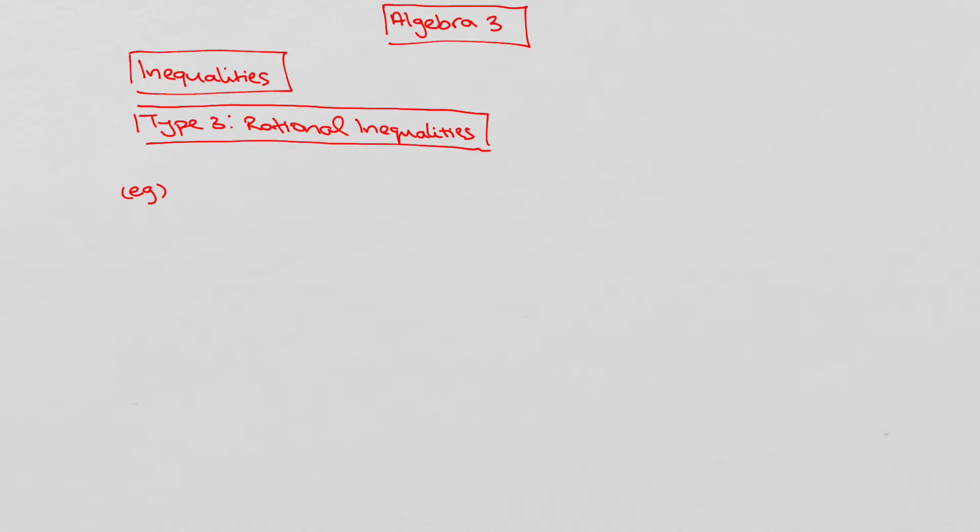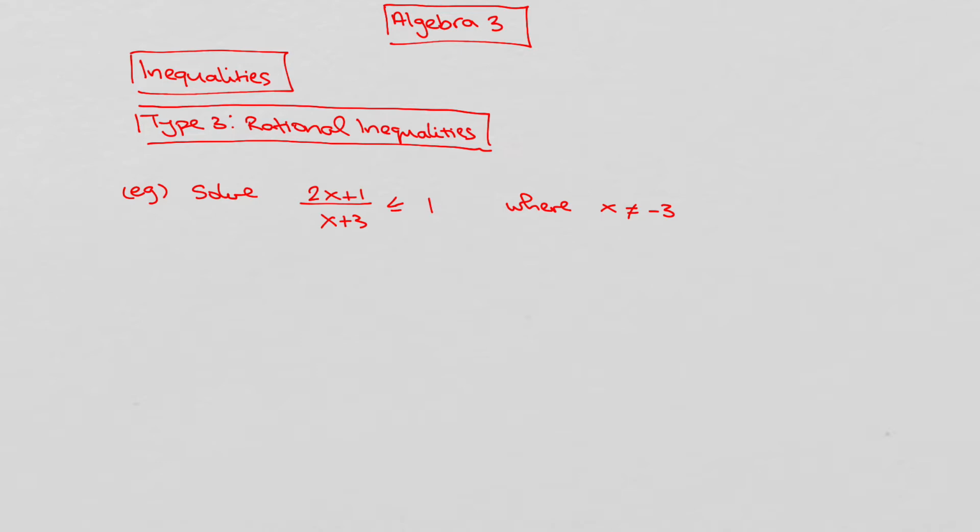Algebra 3, Inequalities, Type 3, Rational Inequalities. So the word rational means fraction. So when we have a rational inequality, we're going to have a fraction and our inequality sign. For example, solve (2x + 1)/(x + 3) ≤ 1, where x is not